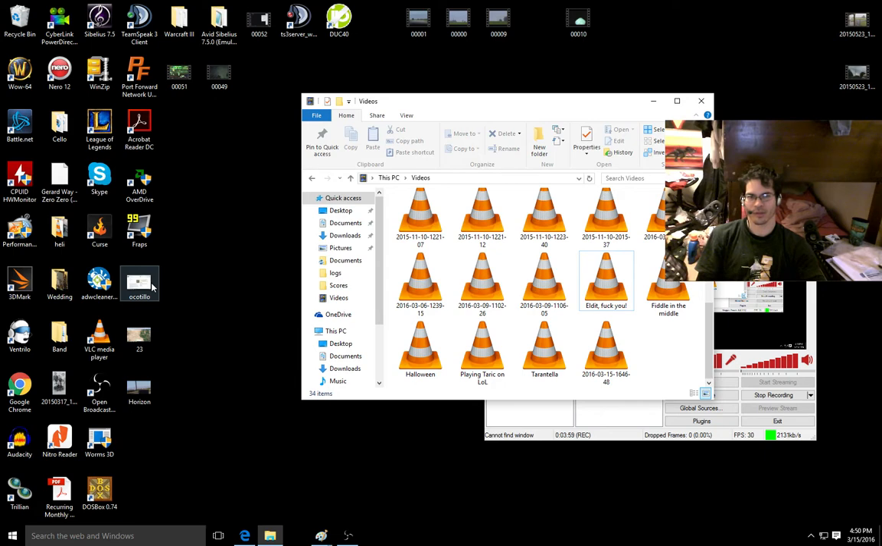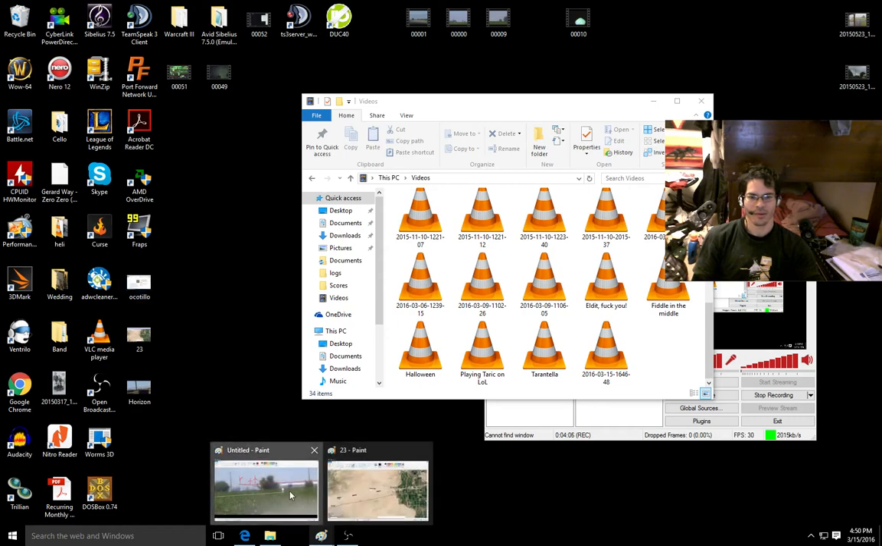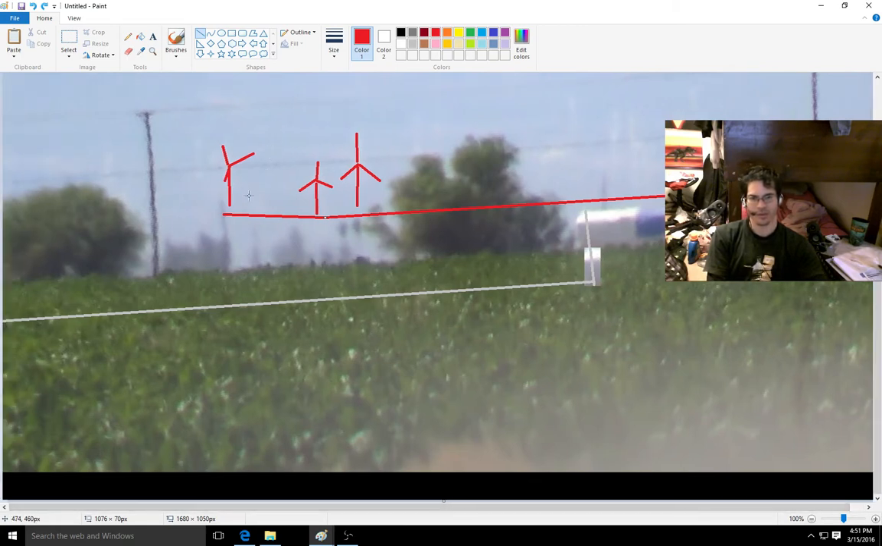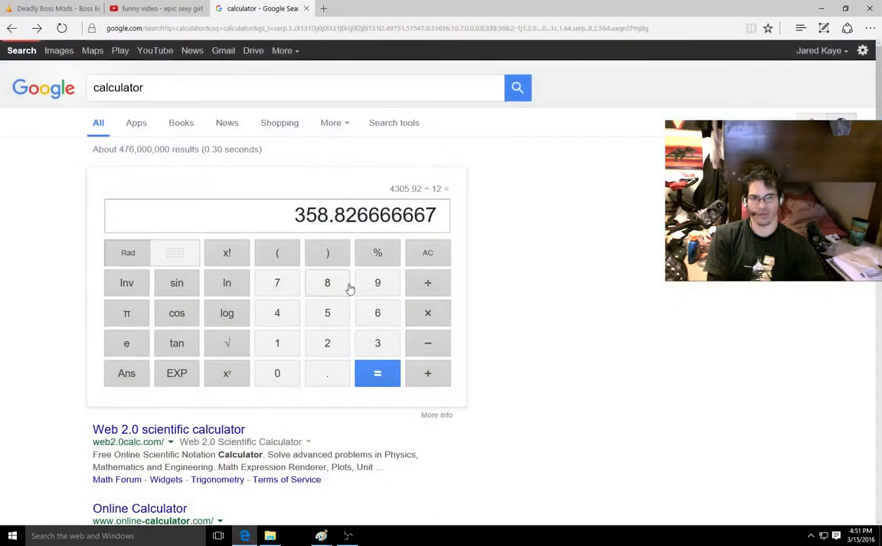Where is my other picture? Sorry. Okay. So this is another picture, and it shows the windmills. So these are the windmills, and the windmill is roughly